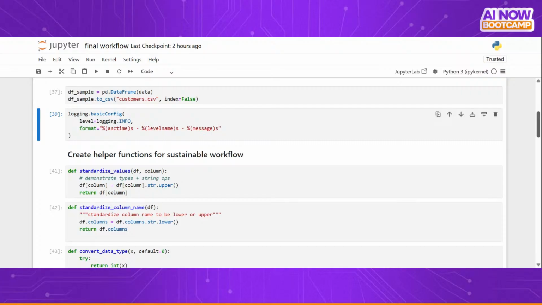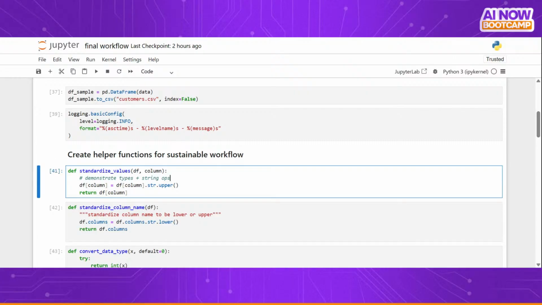So based on the workflow we did yesterday, what I prepared today was that I picked out some of the common functions that we did yesterday. I know yesterday we standardized the values. In this case, we converted to uppercase, we converted to lowercase and whatnot. So based on that, I created a function called